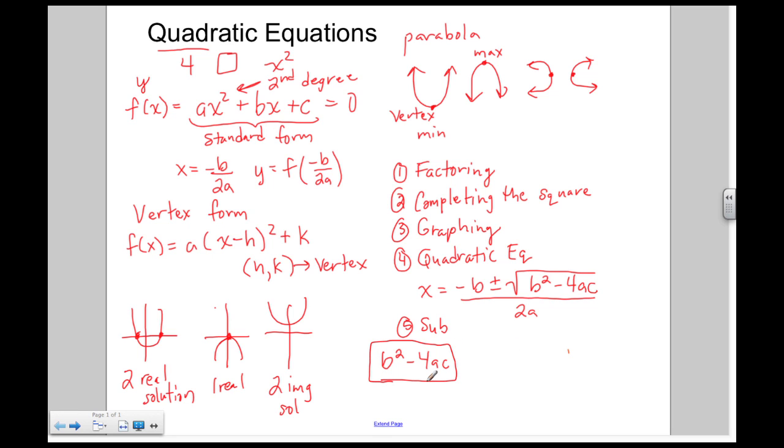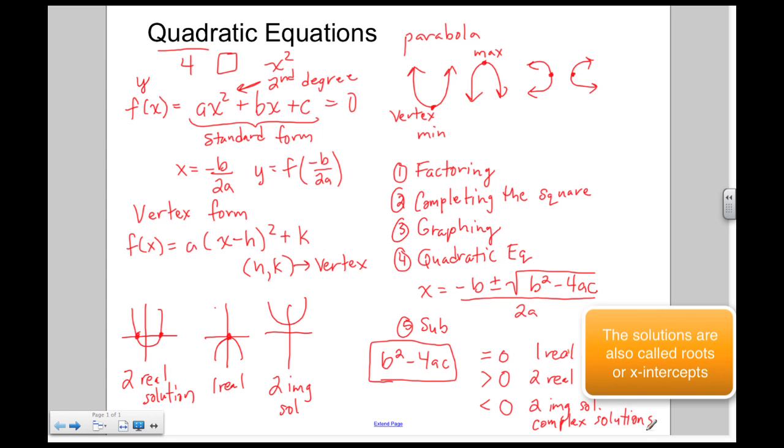With the discriminant, when you resolve it, if the discriminant is equal to 0, then that means you have only one real solution. If that discriminant value is greater than 0, then that means you have two real solutions. And if that discriminant is less than 0, meaning it's negative, that means you have two imaginary solutions. And when it's imaginary, those are also known as complex solutions.